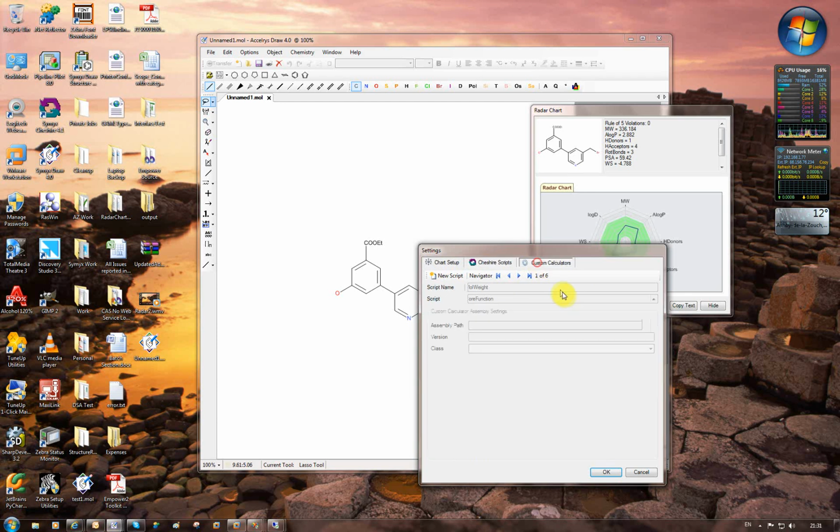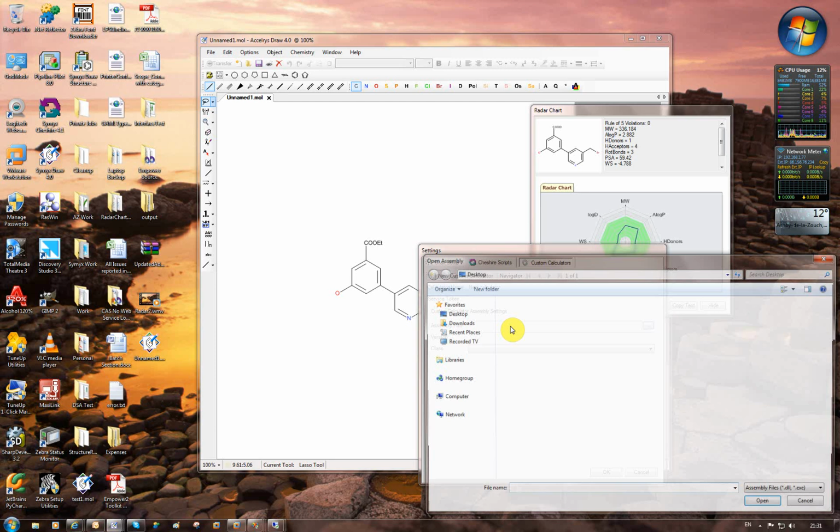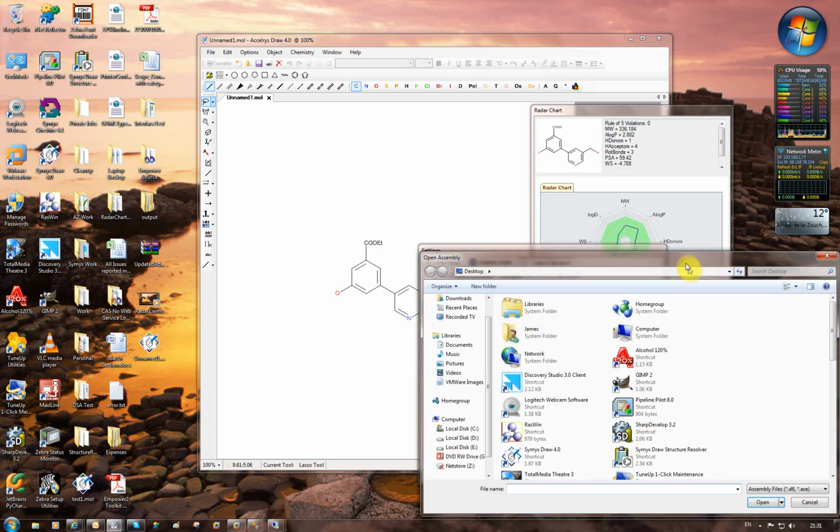There's also a mechanism for bringing in third-party applications, web services, and database lookups using an interface and essentially a shim assembly, which allows you to interact with those other types of services very easily. So I've got one that I've already created. If I want to add a new custom calculator, having created the assembly that's doing the business, I can just click on New Custom Calculator. I browse to the assembly path that contains the calculator that I want to use, and I